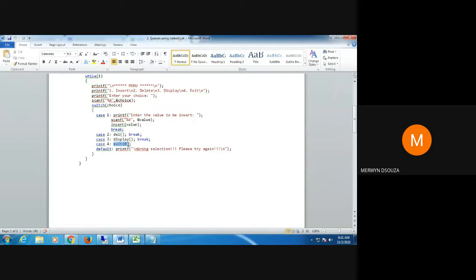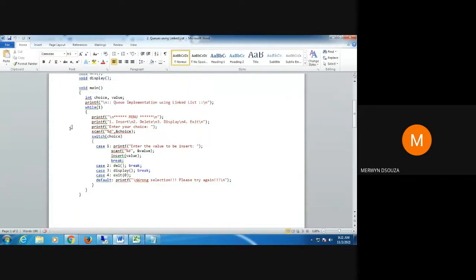In case the user wants to stop inserting or deleting elements, you exit the program using exit 0, which indicates to the operating system that the program has to be terminated. If the user enters any other value by mistake, we say wrong selection, please try again. That is the default case. This is how your main function is set up.